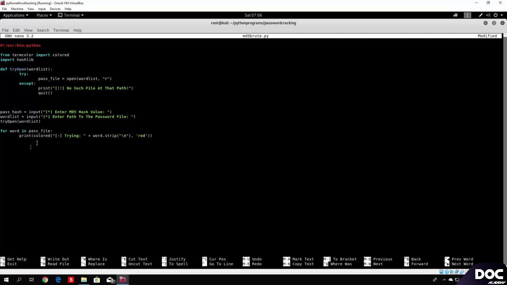So if I'm not mistaken, this should be good to go. Next thing we want to do is, since this is Python 3, we actually have to encode that word with the UTF-8. So in order to do that, we will just make a variable called encode word equals the word itself dot encode. This is the function that actually allows us to encode it before we actually make an MD5 hash out of it. So encode, and in brackets we need to specify which encoder we want to use. We want to encode it with the UTF-8,